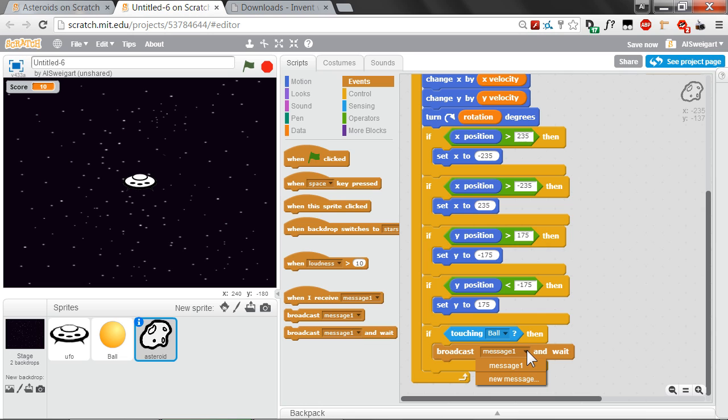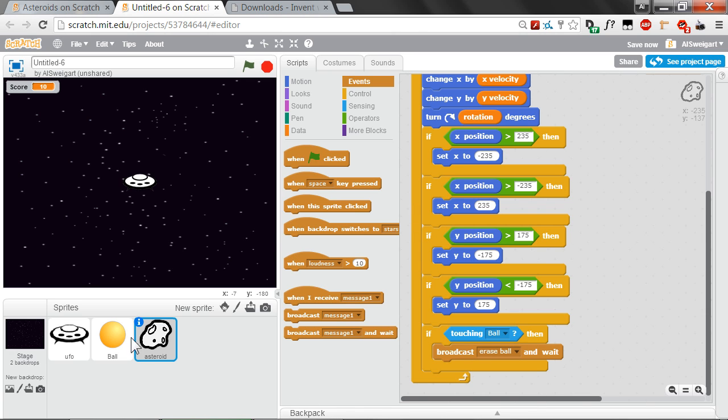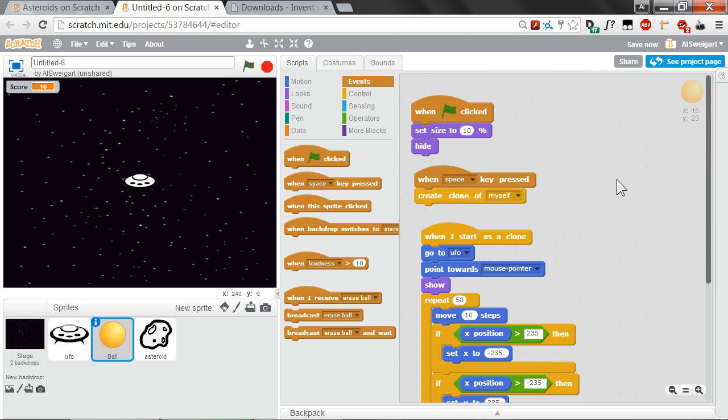And I'm going to click on the black triangle and create a new message to broadcast. We'll just call it erase ball. We'll also have the ball sprite just be listening for that message. So grab this when I receive, and it'll be set to erase ball, or if not, then you can just select it from here. So when any of the ball clone sprites receives that erase ball,